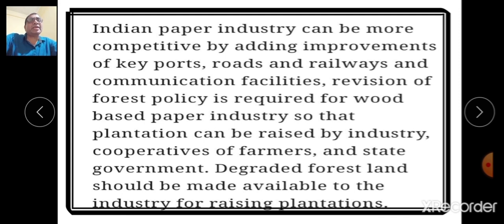The Indian paper industry can be more competitive by improving infrastructure such as roads, railways and communication facilities, and by revising forest policies. This is required for the wood based paper industry so that plantations can be raised by the industry and cooperatives of farmers and state governments. The degraded forest land should be made available to the paper industry for raising plantations,